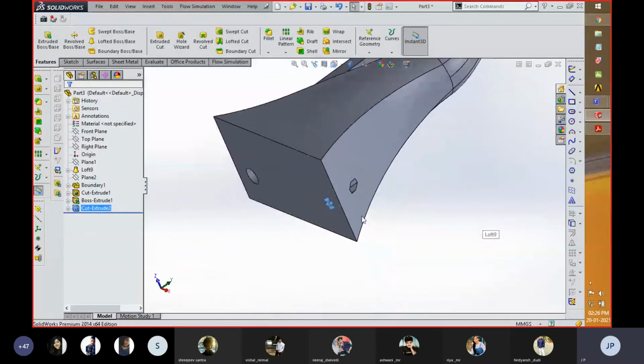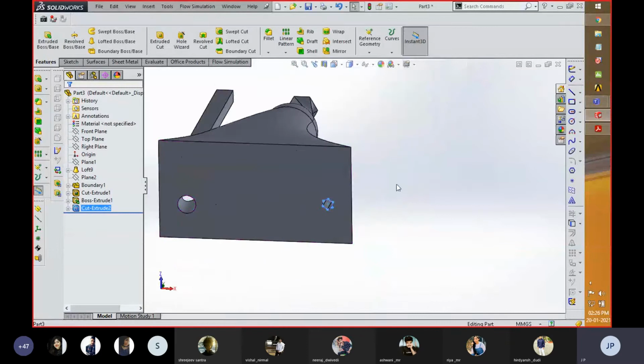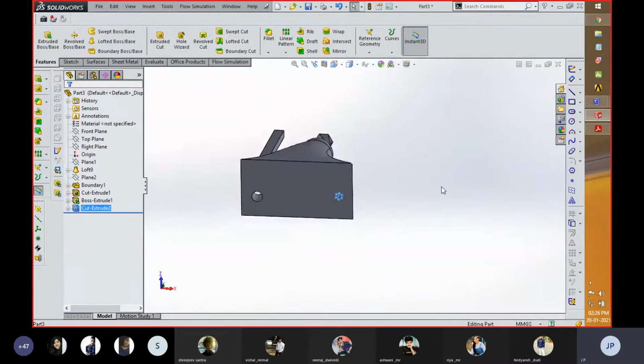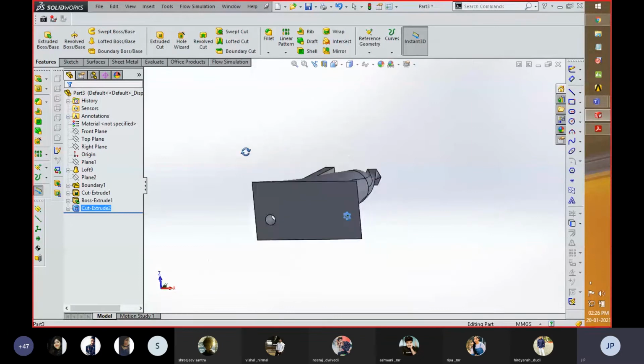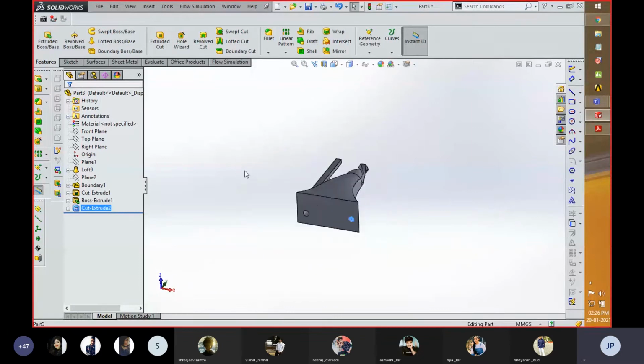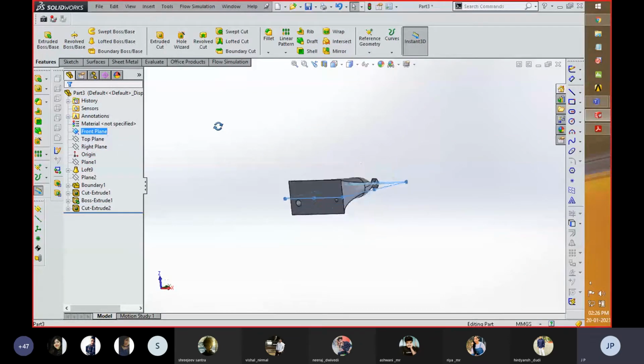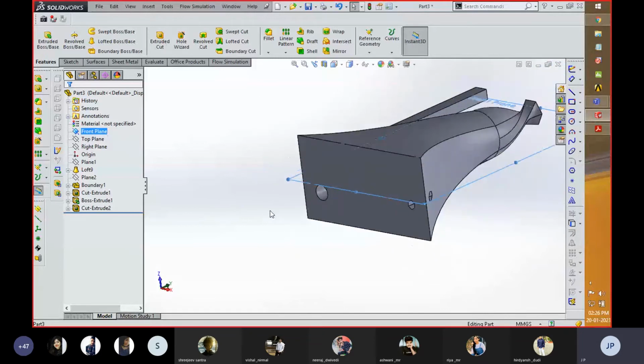So with the help of these tools, you can add a material or remove a material by just selecting the face of that component. Other thing is that if you want to see this cut from inside, whatever plane you created, over here you can see that this plane is at the middle. Okay, now if you want to see whether the cut which is created is correct or not from inside the geometry, you have to select the front plane, any plane which you created or which is already available.